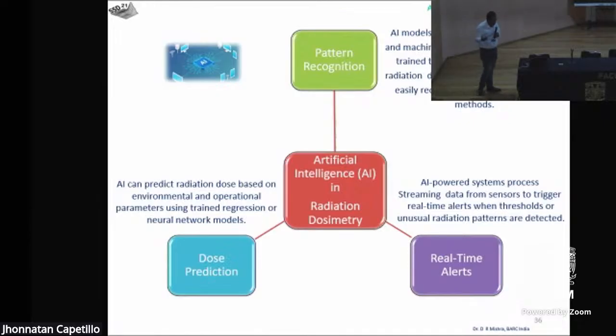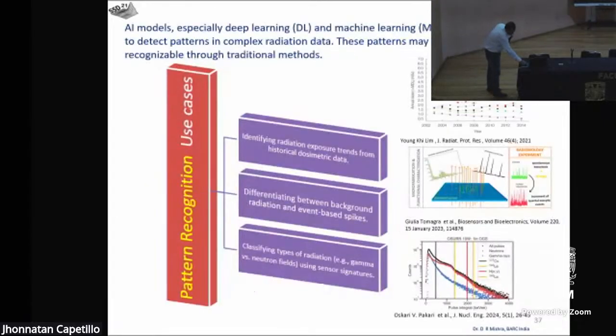Real-time alarms. Which is the scenario? So we have a nuclear power plant. There is a consistency of dose, say, for 10 to 20 years. Suddenly there is a change in pattern. Now this pattern has to be recognized by your AI tool, and it should warn you that something is going horribly wrong. Something has to be addressed immediately. So that we call the pattern.